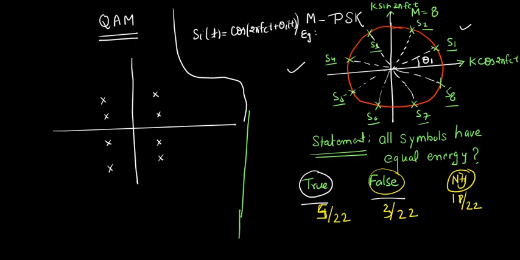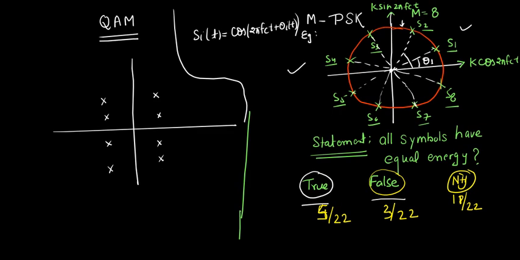Don't you see the point of plotting this red? Yes. Very good. So this is the perfect justification that all are equidistant from the origin, since it's a PSK, right? And I told you that in PSK, the only factor which differentiates between these points is the phase. The amplitude of everyone is the same. That is why it is called phase shift keying. You are shifting phases, right?